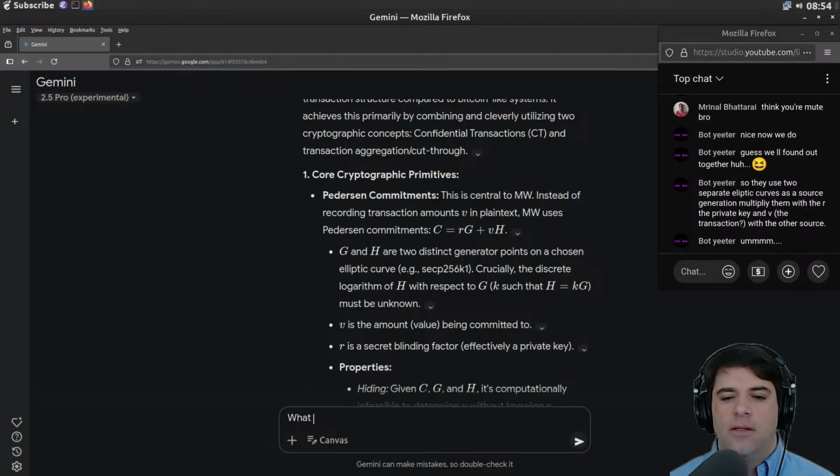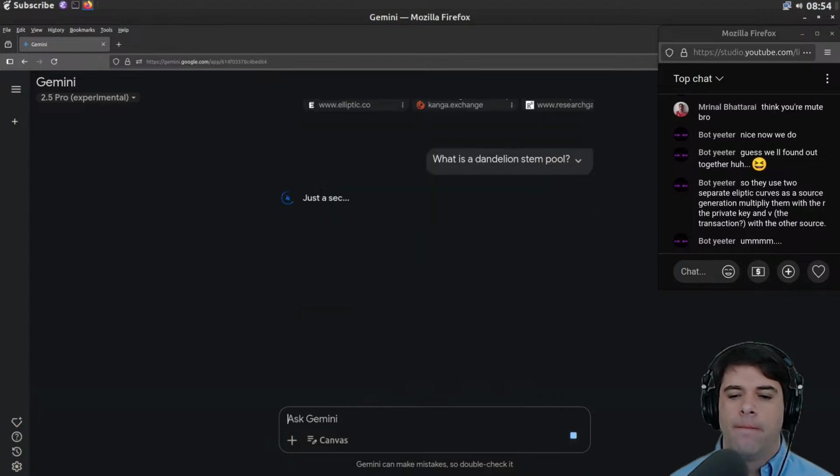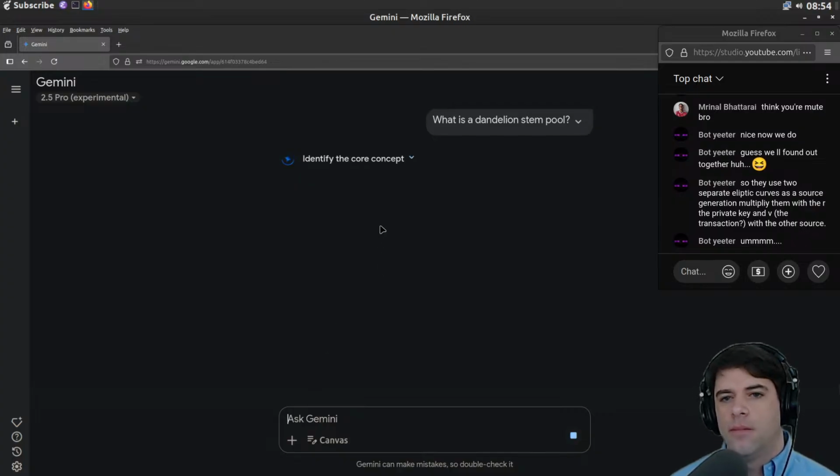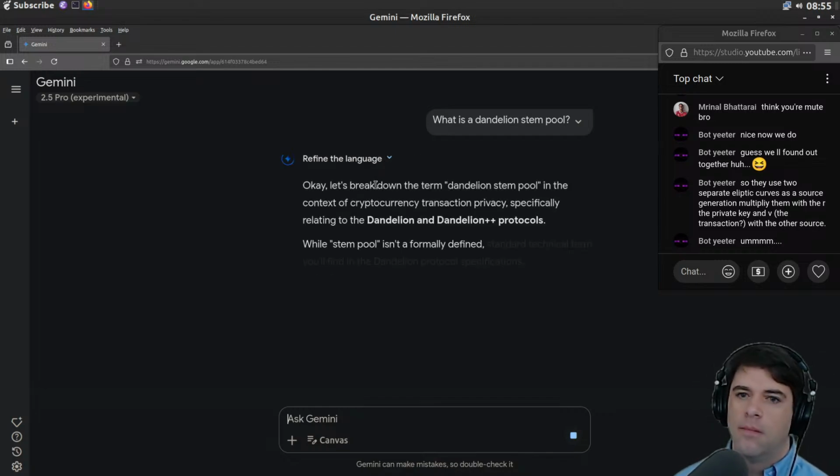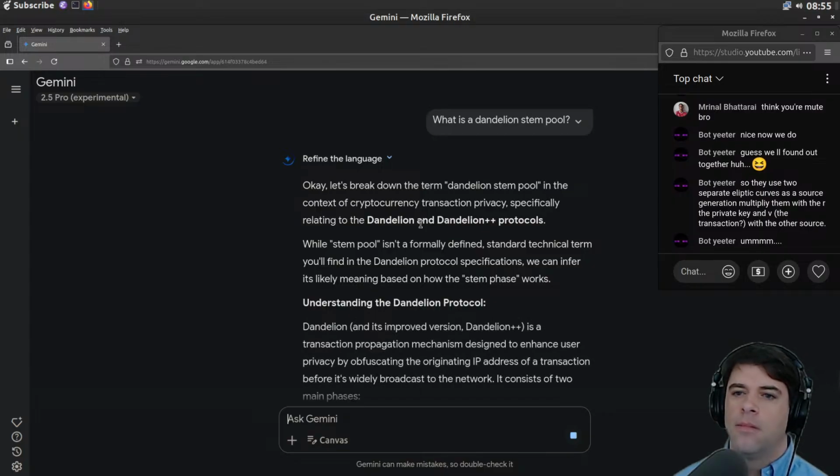What is a dandelion stem pool? So we have the dandelion and dandelion plus protocols.